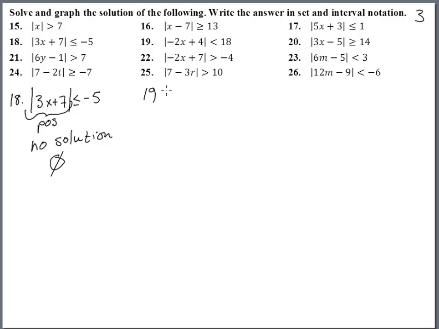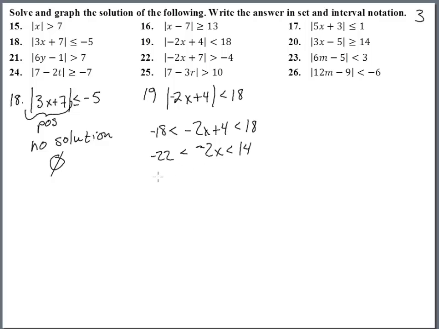Number 19. Absolute value of -2x plus 4 less than 18. Again, this is an absolute value. It's a less than 18, so this is -2x plus 4 is less than 18 and bigger than -18. So subtract 4, subtract 4, subtract 4, and we get -22 is less than -2x is less than 14. Divide everything by a -2, and this becomes an 11, greater than